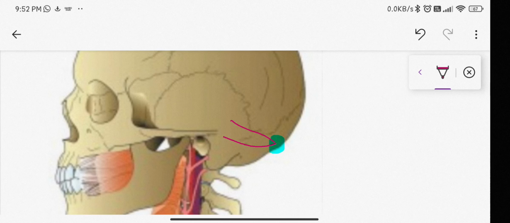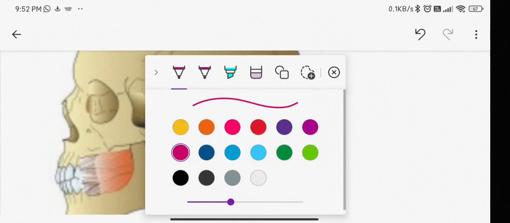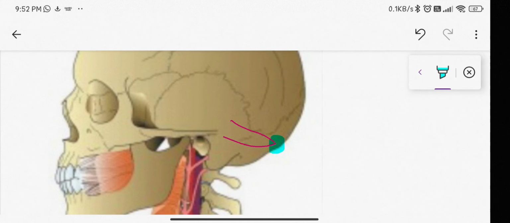So this deep cervical fascia passes through the superior nuchal line, then it reaches the mastoid process. Then it reaches the cartilaginous part of the external auditory meatus. It reaches the inferior border of the zygomatic arch, then